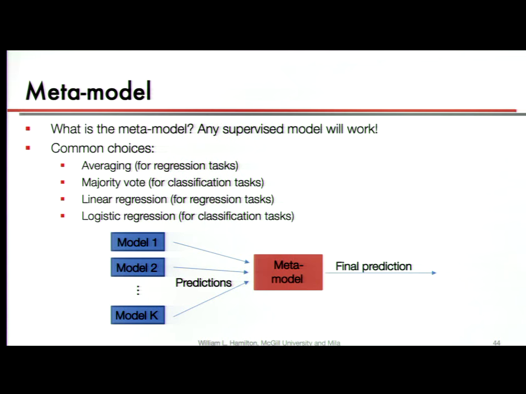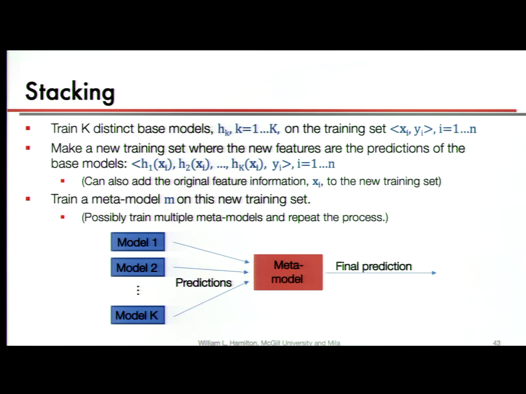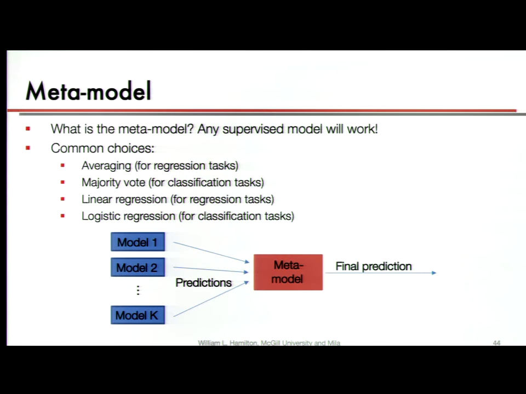You could also train a logistic or linear regression, which is pretty common. It's not common to use a really complicated model for your meta model. It's usually standard to use something simple like just taking an average or majority vote, or just using linear or logistic regression. And the other thing to note here is that you can also stack this, right? Instead of training one meta model, you could train k prime meta models. And then you'd end up with another bunch of predictions that you could then use to train another meta model, and so on. Again, that's less common. It's much more common to just have a set of models and then one meta model. But this idea is actually pretty powerful.